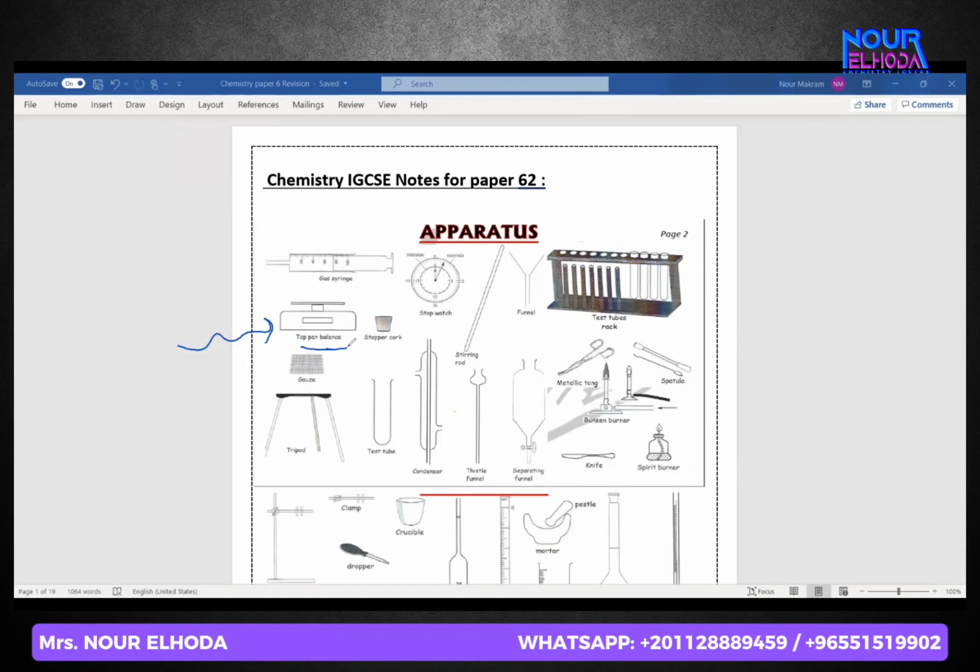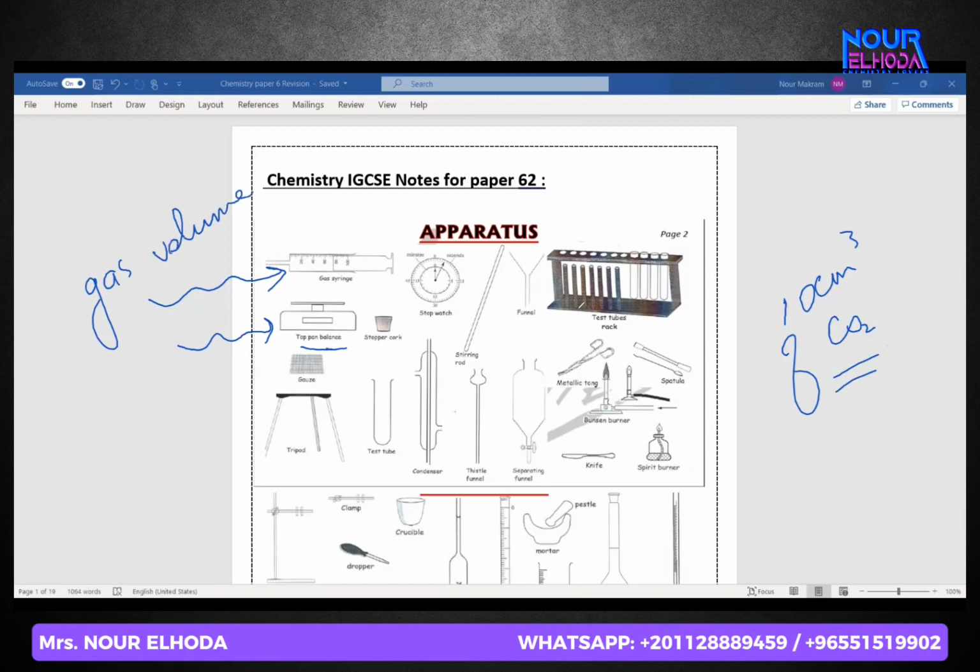If I want to measure the volume of any substance, it's going to be different according to its state. If it's a gas, I'm going to use a gas syringe. Usually, for example, I want to measure 10 centimeter cube of carbon dioxide. How can you know these are 10 centimeter cube? You are going to use the gas syringe. Usually the gas syringe measures exactly. Right? I use a gas syringe to measure gas volume. Of course its unit is usually centimeter cube or meter cube.